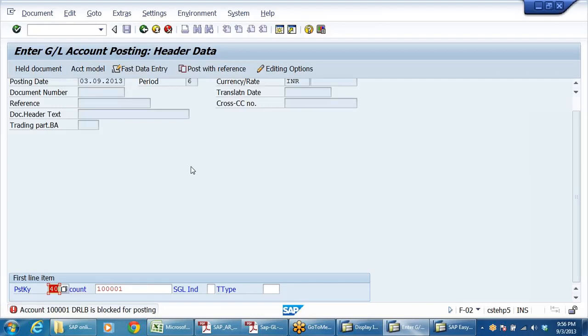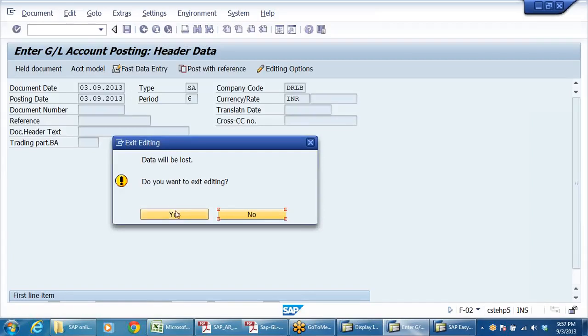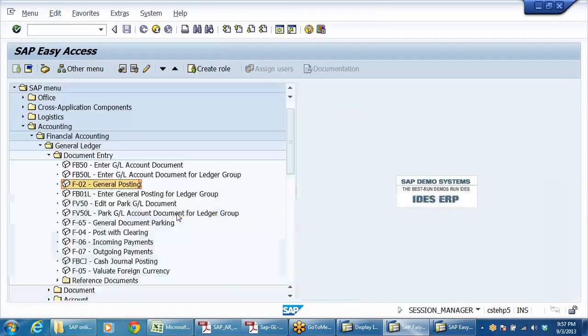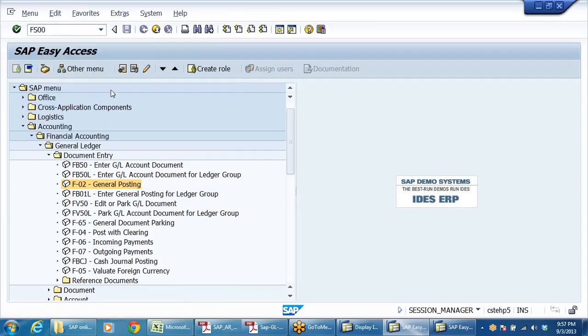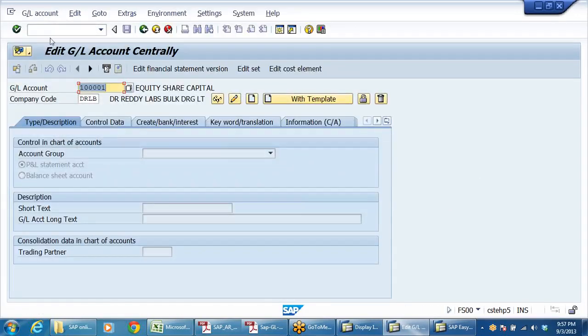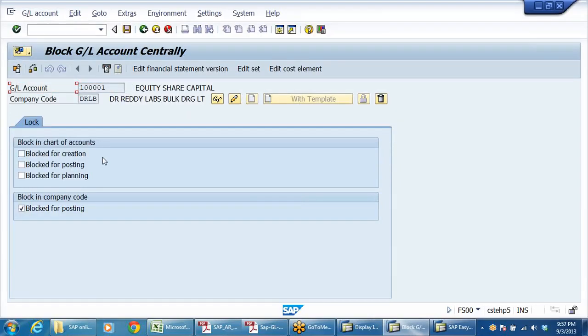Right, don't think that anyway. See, FS00 is in easy access only. I'll go to easy access and FS00 and I'll change it. But transaction codes cannot be accessed by anybody. Nobody can access the transaction code unless authorization is given specifically. So for that, what we do, we give authorization matrix to the basis consultant. Remove this.